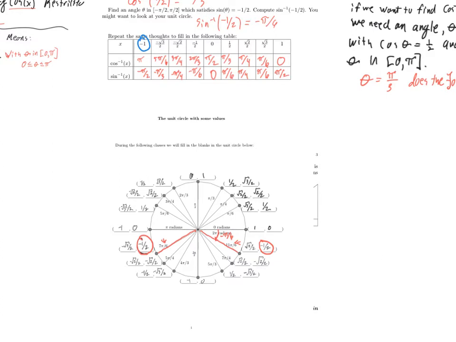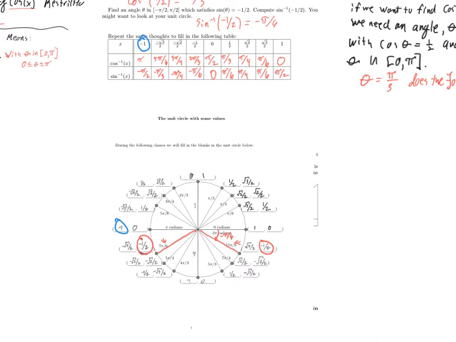So to evaluate inverse cosine of negative 1, I need to find an angle whose cosine is negative 1. So there's an angle whose cosine is negative 1. It looks like an angle of pi will do the trick. Is pi in between 0 and pi? It is. So inverse cosine of negative 1 is pi. Inverse sine of negative 1. So I want to find an angle